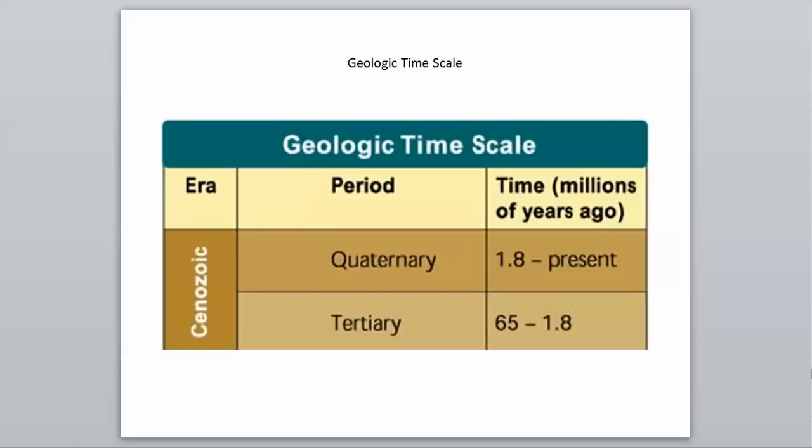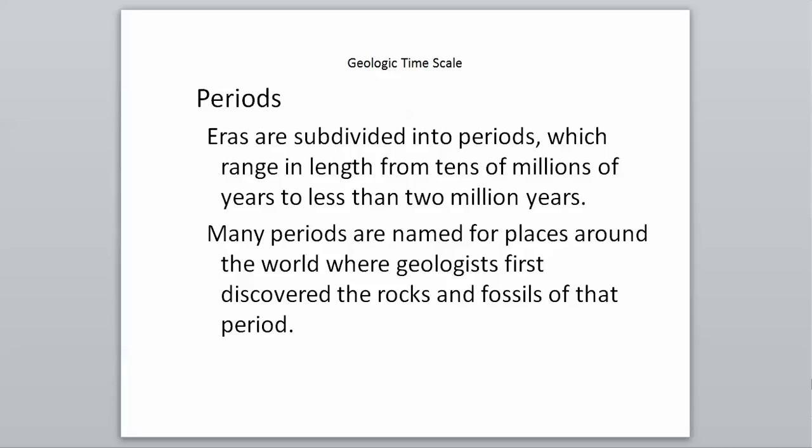So again, being able to recognize where each one of these belongs is kind of the most important thing. I'll never have you memorize each individual order of these. And so then those were all the eras. And so now what a period is, and which again we're going to get into each one of those later on. So eras are just subdivided into periods, so that means multiple periods make up one era,